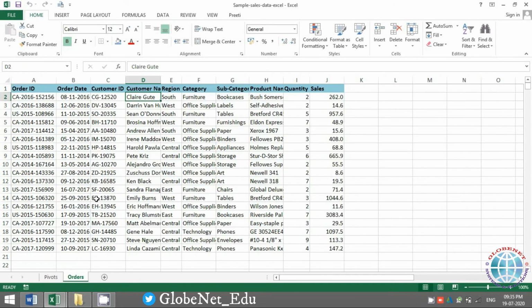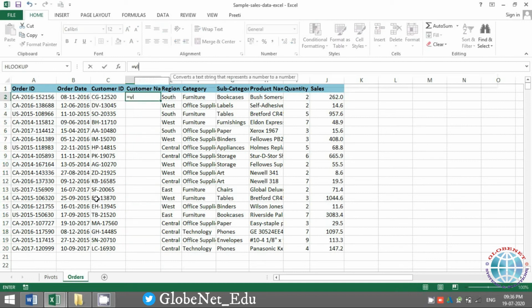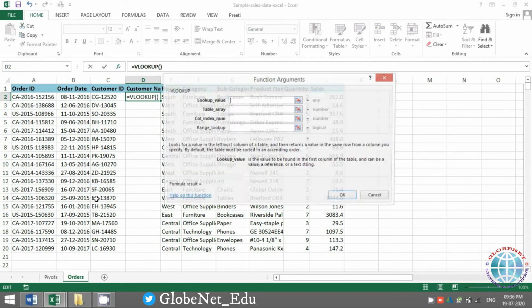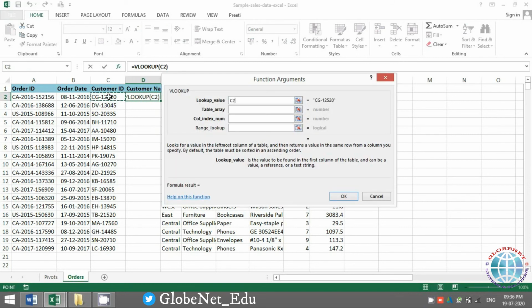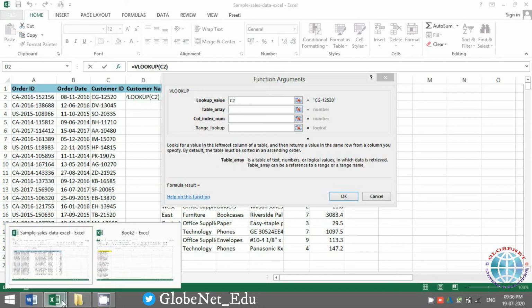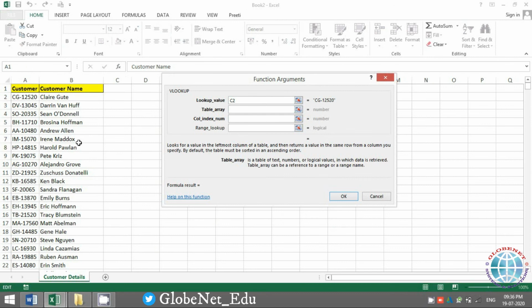So if I would have created a VLOOKUP here, for example, I'll write VLOOKUP. I'll do customer ID, same thing. And now for the array, if I would have gone to the next sheet and taken the whole column, the difference is, if you see, the dollar symbol has automatically come.